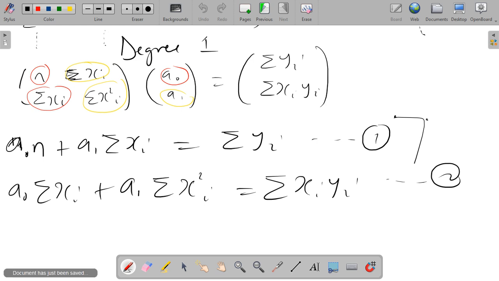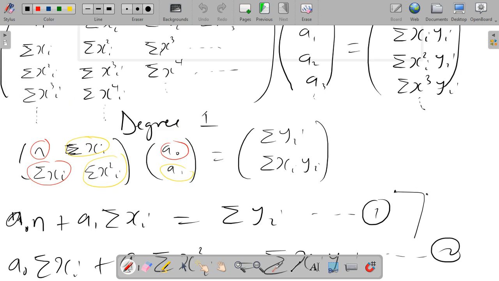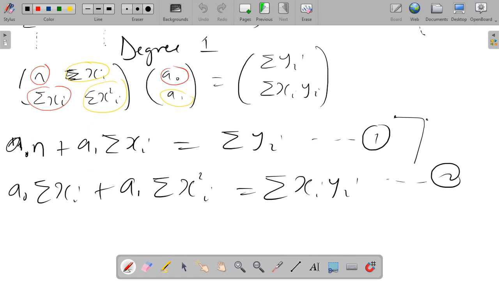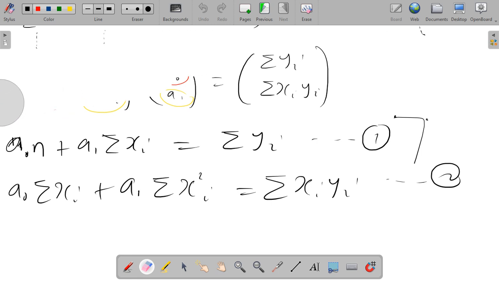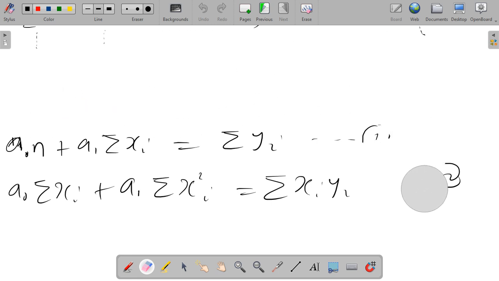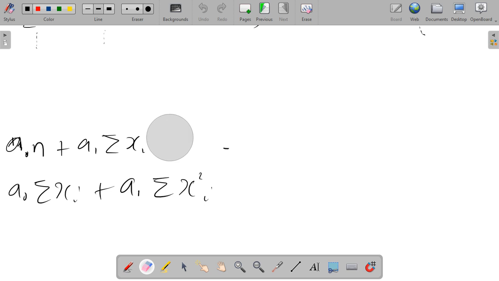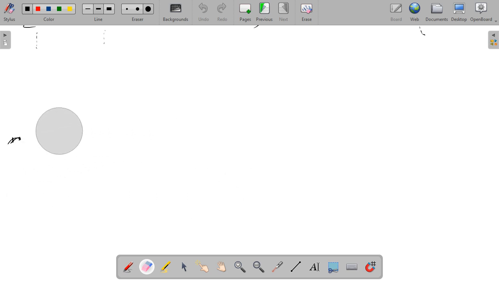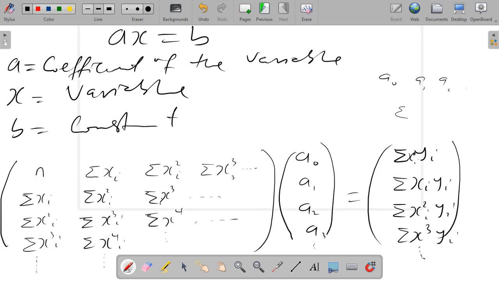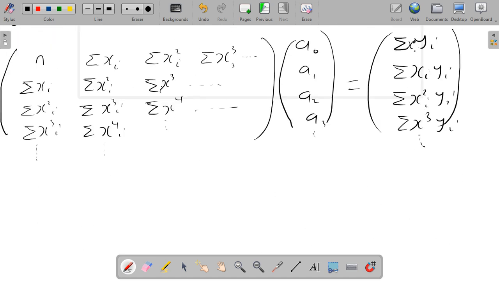So let's write for degree 2. You permit me to clean here so that I can see what I'm writing. Let me just use a big eraser and clean degree 1 and write for degree 2. I think the video is becoming longer, but sorry about that. Okay, so for degree 2,